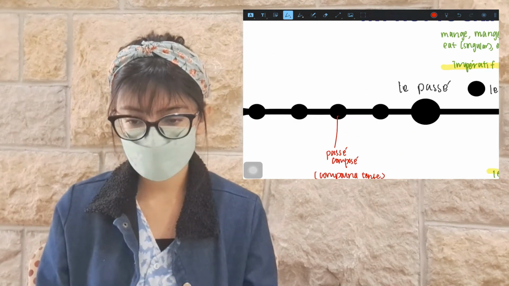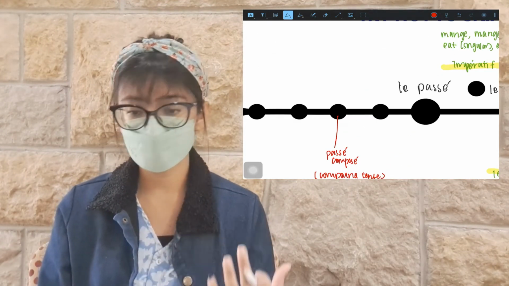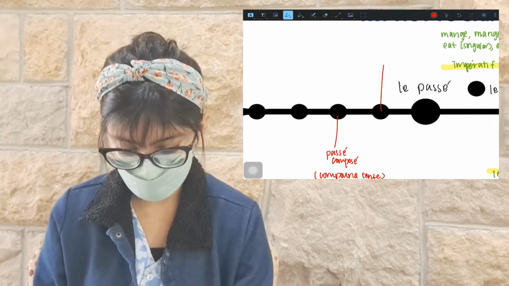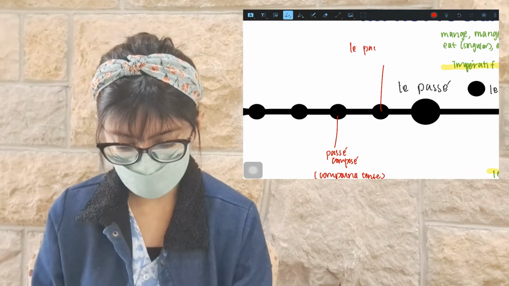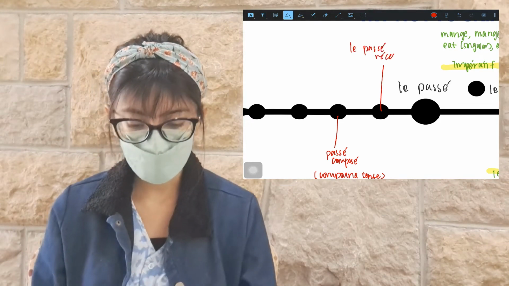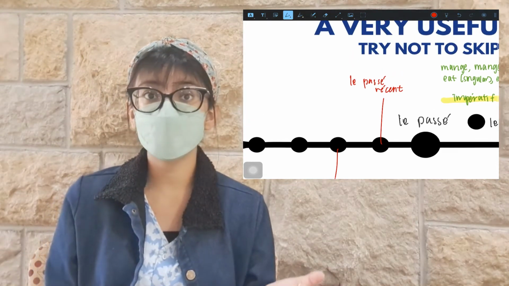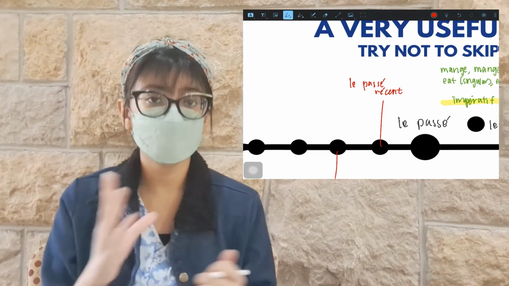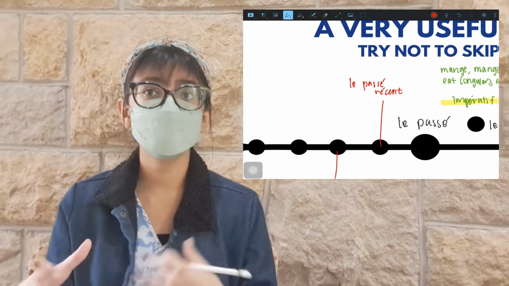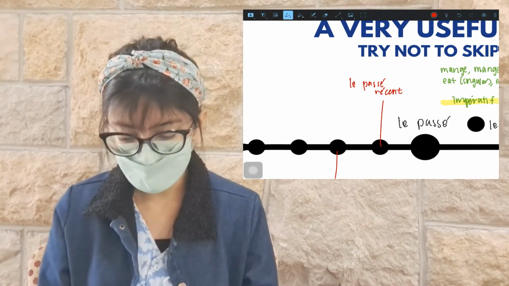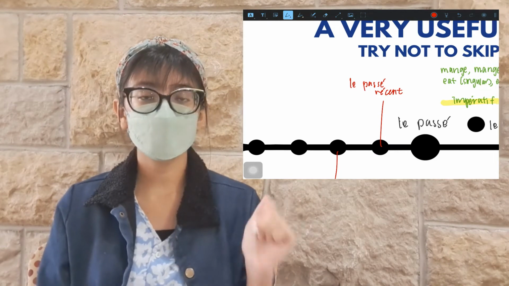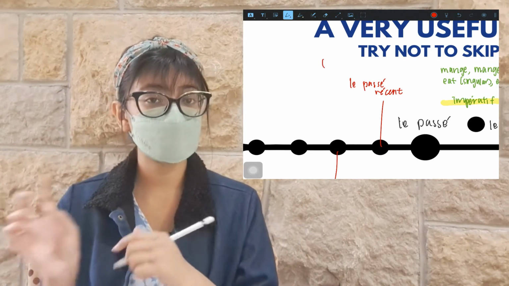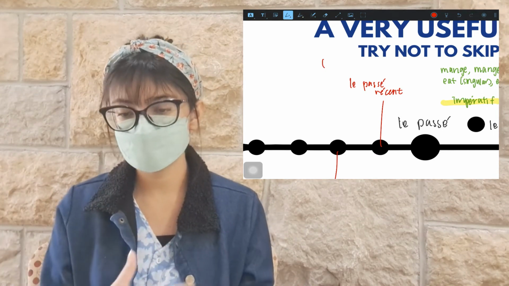The other tense that I personally believe is very, very important and essential is le passé récent. It is possible that your French teachers have never taught it, or maybe you've never heard about what le passé récent is. Passé récent is basically things that you've just done. It is done in the past, but you've just done it. For example, I'm writing on my iPad and I've just done it. I've done this in the past and I've already done it, so that is le passé récent.